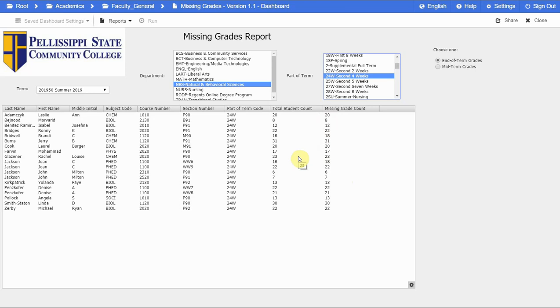There is another report that allows us to identify which students are missing their grade to better help faculty complete their grade reports. Given the crunch we feel during midterms and at the end of the semester, this is a very helpful tool for us to ensure that either midterm or final grades are submitted on time.